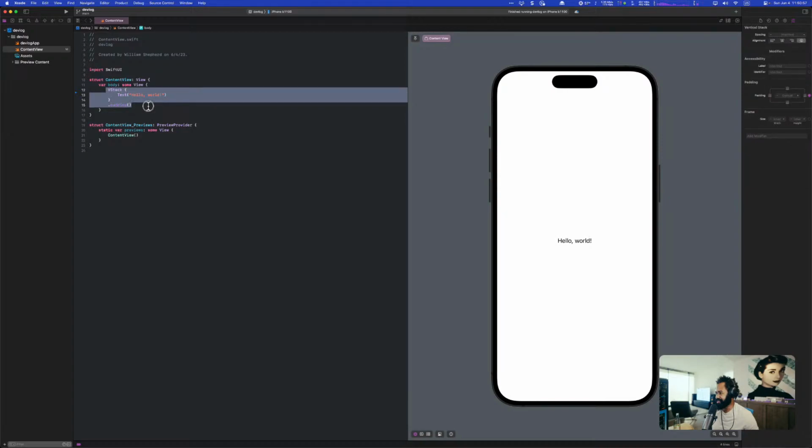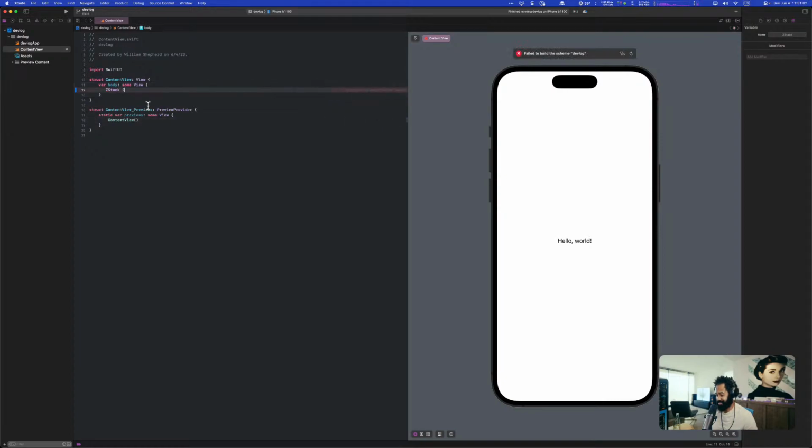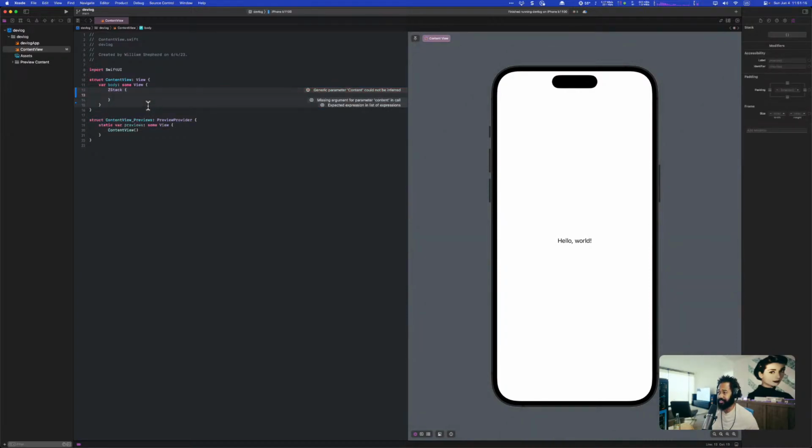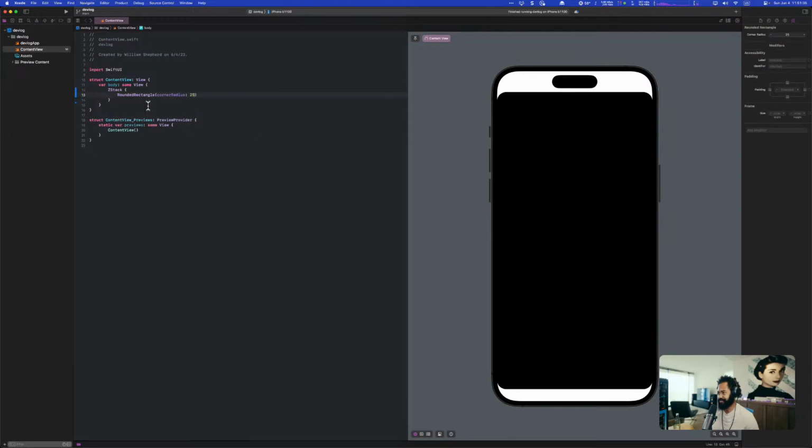So instead of doing a VStack, let's pretend that I know what I'm doing. We'll do a ZStack, and you will see here that there's a parameter for alignment and then content. I don't have an alignment in mind right now, so I'm just going to call the function, and inside of here, let's throw a rounded rectangle, and we can give it a corner radius. The corner radius I'm going to give it is, let's do 25 maybe,